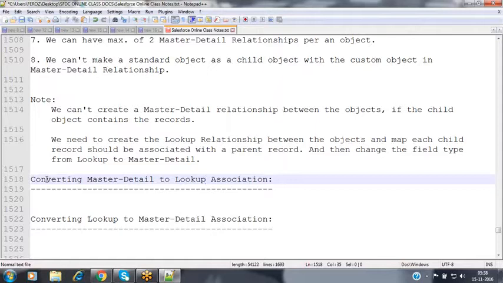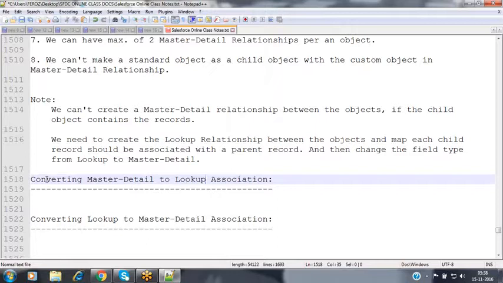The same way here also. Whenever you want to create a master detail association between two objects where the child object is holding some records, first of all we have to create the lookup association between the two objects, then map each and every child record with the associated parent, and then convert that lookup to master detail.